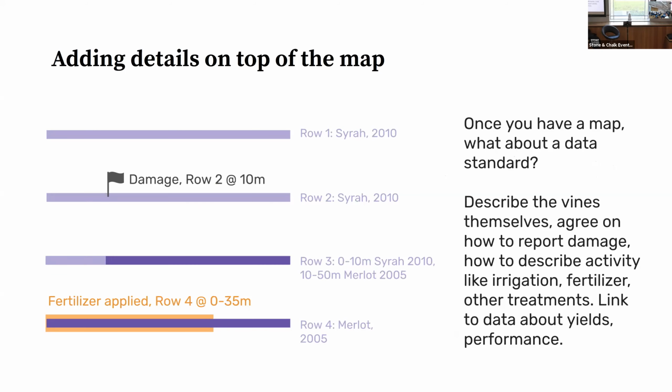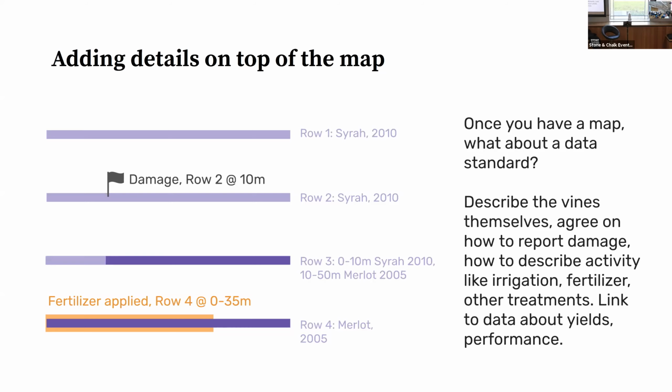Once you can do that and refer to location in a consistent way, you can also build on top of it. The same idea as we worked on a curb standard, you could do that for a vineyard, where you could agree on a common way to describe the vines themselves. You could agree on ways to report damage, to describe activity that's happening along the vine, yields and performance. It might be information that vineyards are keeping anyway, but you can start to tie it back to actual map data. And that means that people can come along and build different tools on top of it that you could put your data into, instead of reinventing the wheel or having to tie this flagging tape over and over again.